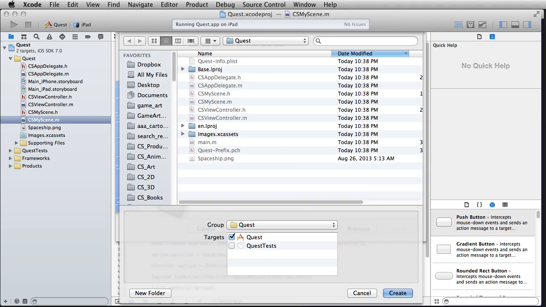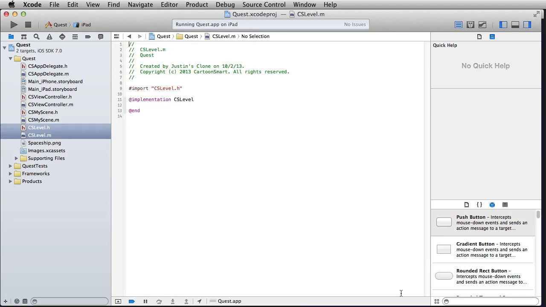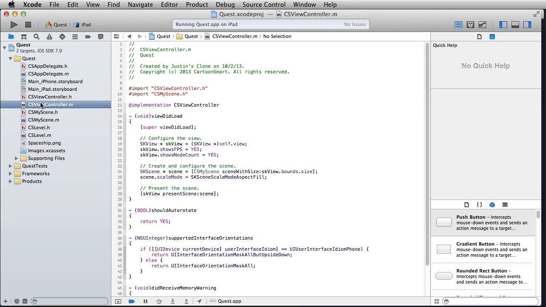That's fine. I usually click off both of those. Click create, and there we go. So we've got CS level in there, and let's go over here to our view controller. You can see that by default this imports CSMyScene, so that was that one right there. Let's change that so it says CSLevel.h,